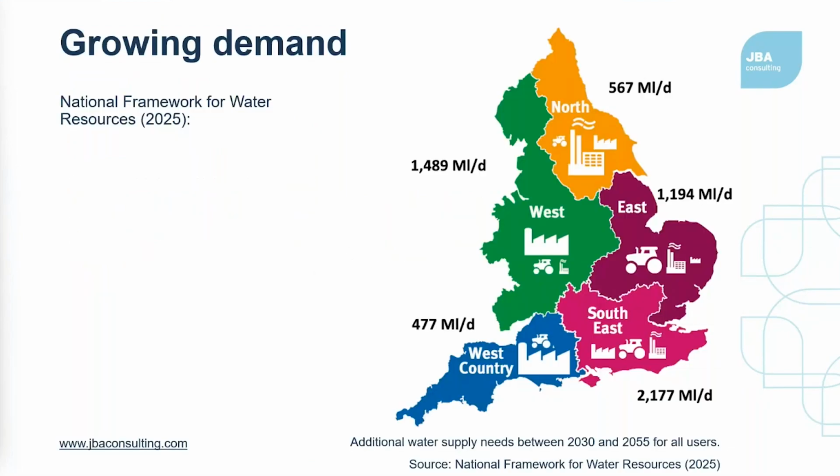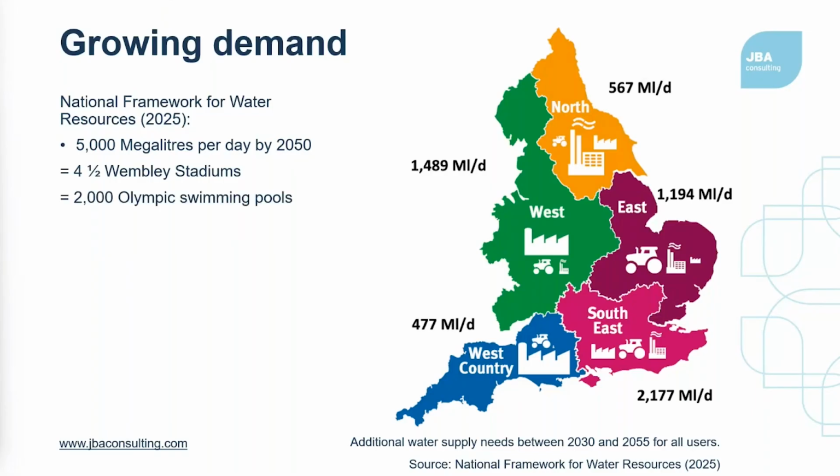So it's quite timely that earlier this year, the Environment Agency, which are the government agency responsible for water resources in England, released the National Framework for Water Resources. This is an update of a report that was last released 5 years ago, but in this year's report, it comes up with this headline figure that by 2050, we will need an extra 5,000 megalitres per day of water to meet all sources of demand across England. So that's 5,000 million litres of water per day, in addition to what we currently use. That's kind of difficult to visualise, so that's equivalent to 4.5 Wembley stadiums or 2,000 Olympic swimming pools per day,